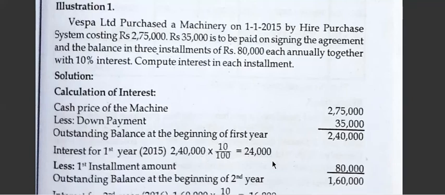Hello students, in the last recorded video or slide I explained the calculation of interest. There are 4 cases for the calculation of interest. The first case was when the cash price, the installment amount and the rate of interest are all given. In that case, how to calculate interest. The second case was when the cash price, rate of interest and installment amount are given, but the installment excludes interest. In that case we have to follow the second case.